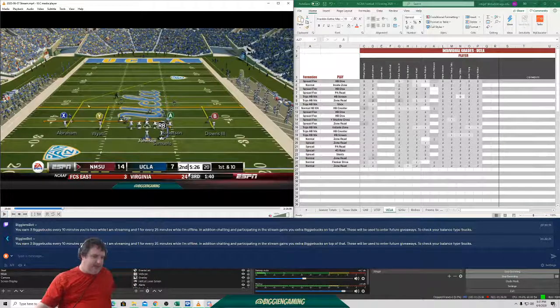Okay. So again, here's Wyatt. Wyatt needs to take an outside release. He's probably going to take an inside release. There's that backer. That end is not in because he got offended, because he got his butt whooped over here by Johnson. Johnson kicked his ass. Just totally kicked. Great block.